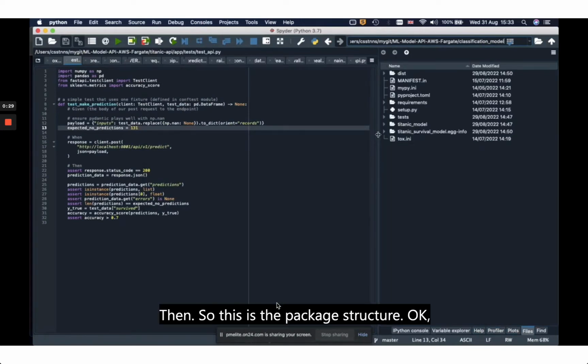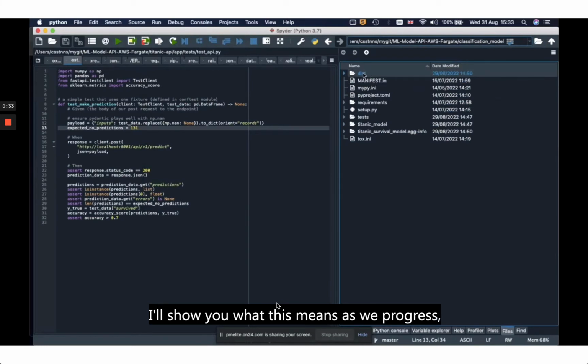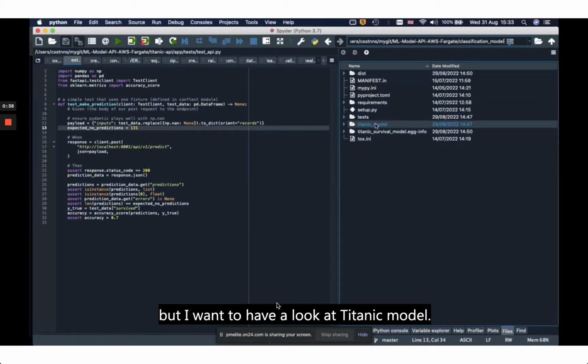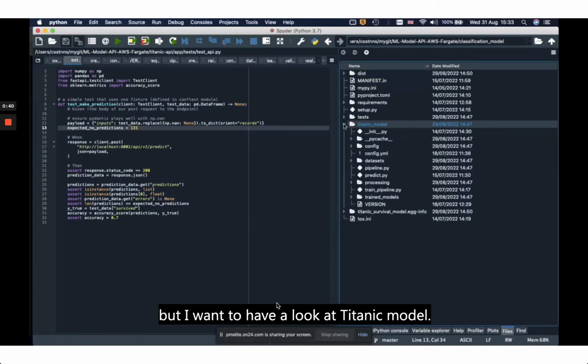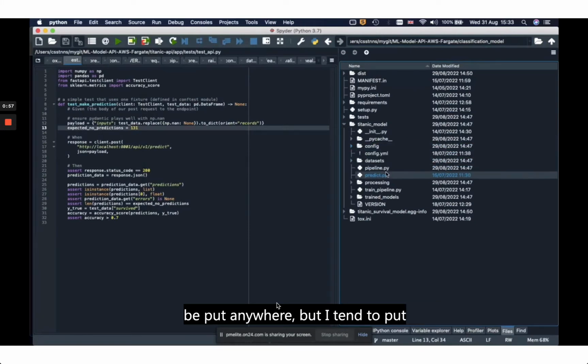There we go. So this is the package structure, okay? I'll show you what this means as we progress. But I wanted to have a look at Titanic model, okay? And see where I put files. For example, the dependencies and importation and so on, you know, these can be put anywhere, but I tend to put them, for example, under maybe, let's have a look, under,